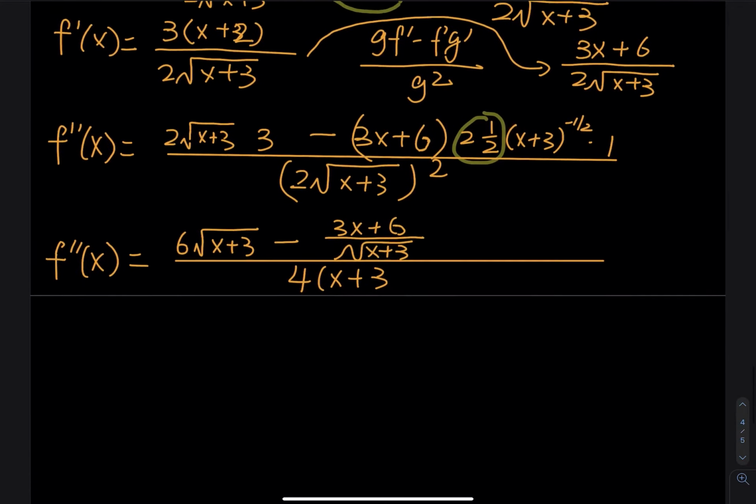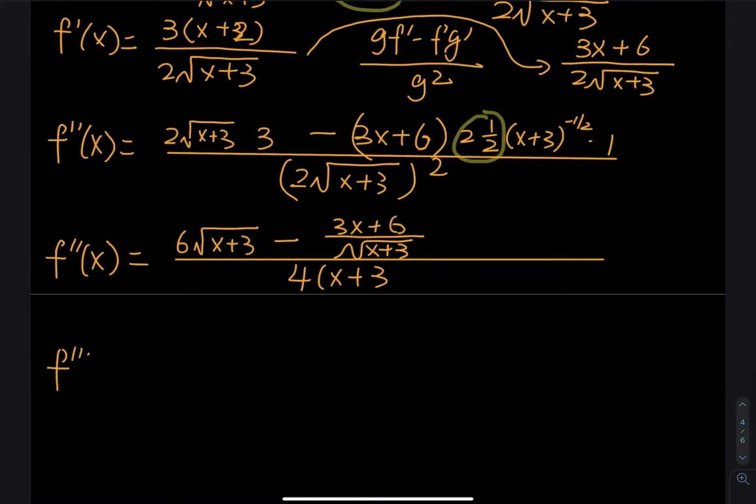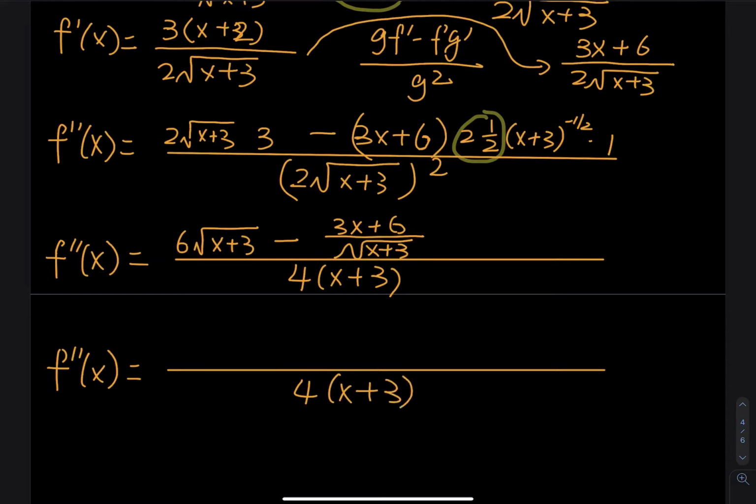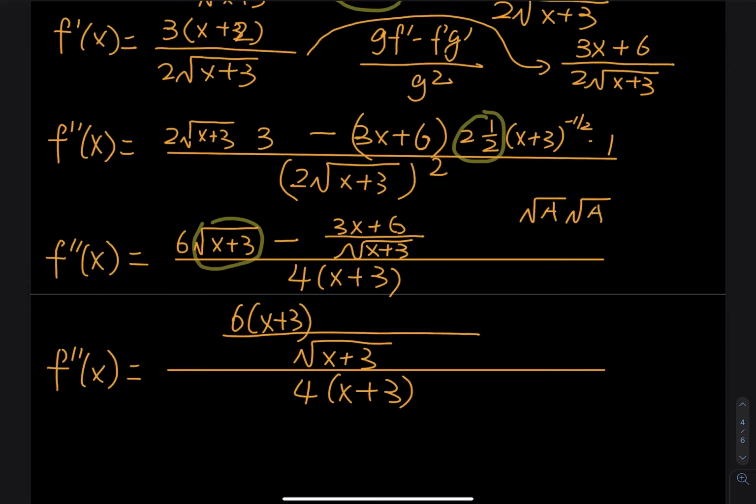So f double prime of x, we have a long fraction bar, and then the bottom is 4 times x plus 3. And then this, we need to have a square root of x plus 3. So the square root of x plus 3, once you multiply this by the square root of x plus 3, what do you get? You have a 6 times x plus 3, right? Look, square root of a times square root of a is just equal to a, all right? And then minus,